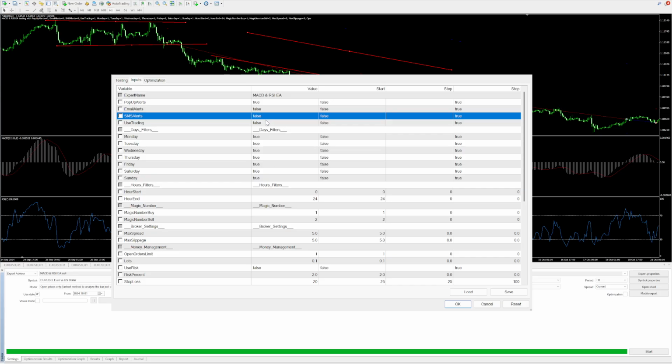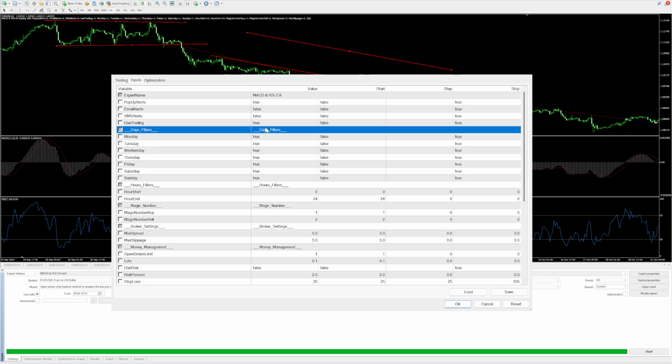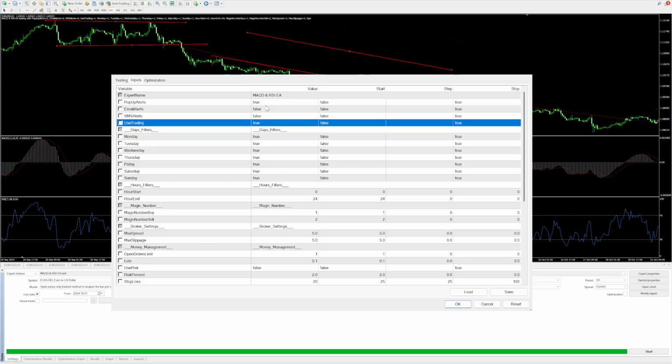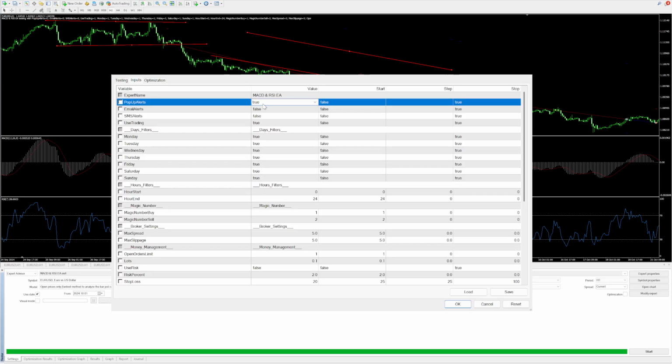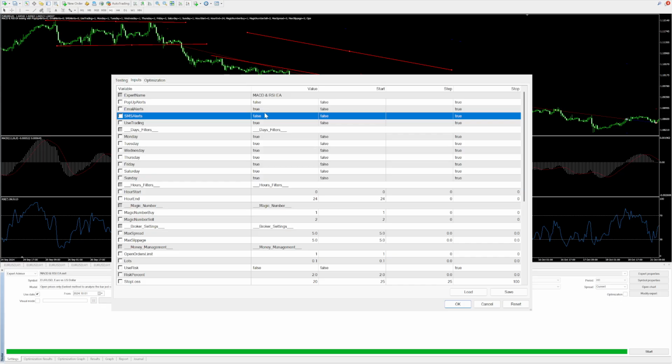And then launch MT4 and the MT4 app, or go to your computer and launch it from there, and then take action. Okay, or use trading, just set that to true, and the EA will do everything for you. It will place the order and can manage it based on the settings that you choose. You can have both as well, so you can have use trading set to true and an email alert set to true. So the trade is placed, you'll get an email notification, and then you can go and check the trade,